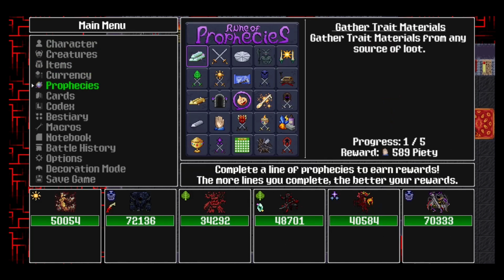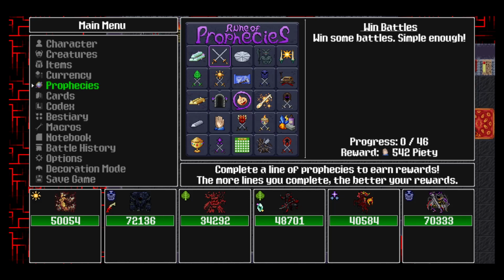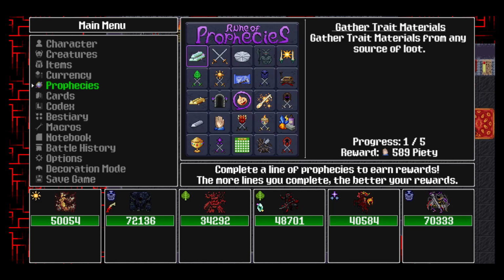Now I think is a good time to show you with all of these unfilled. So basically, what the game will do is it'll give you this thing. It's kind of like a bingo card situation. The way it works is,